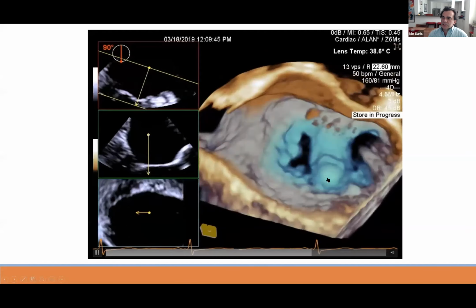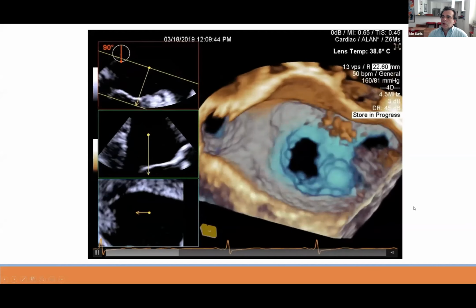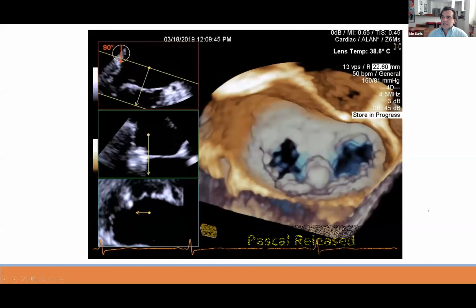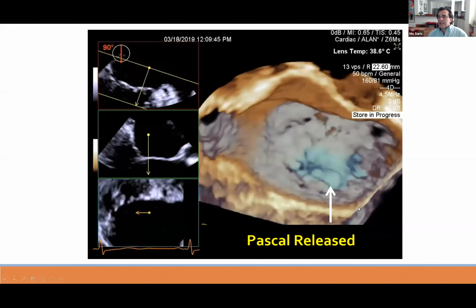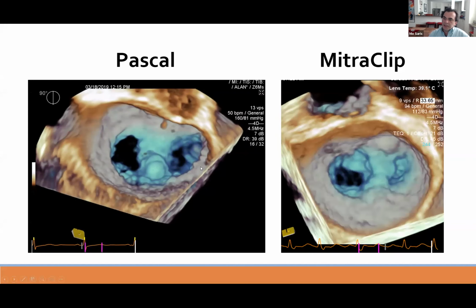And it looks like just a mitral clip, except that there's a spacer in between the two leaflets. So the Pascal is released, and we are satisfied. So this will be a Pascal, and this was the mitral clip. So essentially the same procedure, A2P2 level, and the only difference is there is a slight spacer between the two